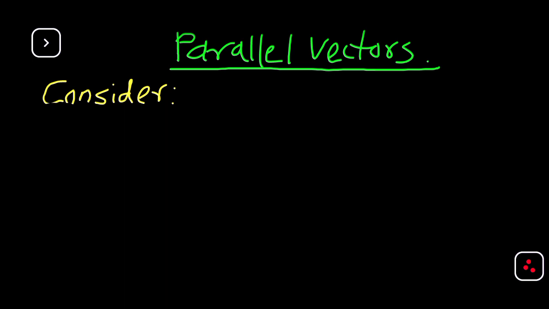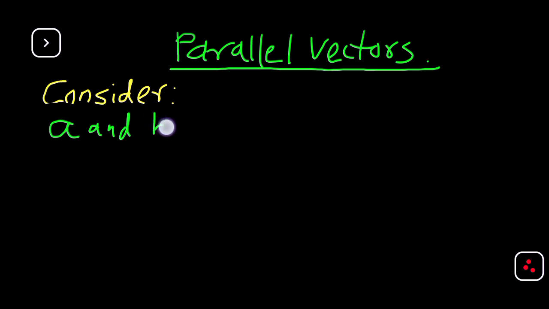Vectors are said to be parallel if they are scalar multiples of each other. What does that mean? Let's consider two vectors A